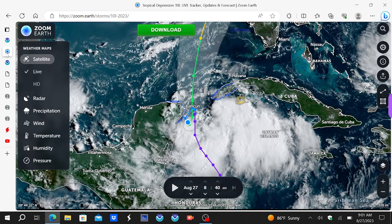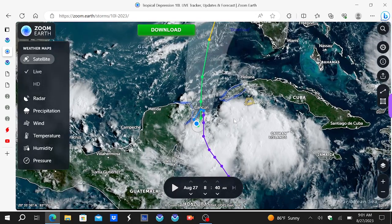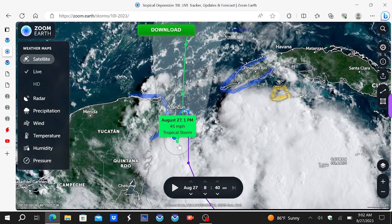So looking at the latest Zoom Earth satellite imagery and cone for Tropical Depression 10, Depression 10 has maximum sustained winds of 35 miles per hour as of 8:40 a.m. Central American Time, August the 27th, and is producing some heavy rain across the Cayman Islands, southwest Cuba, and the eastern Yucatan. Looking at the latest forecast cone, by this afternoon, we're expecting a 45-mile-per-hour tropical storm, and then by